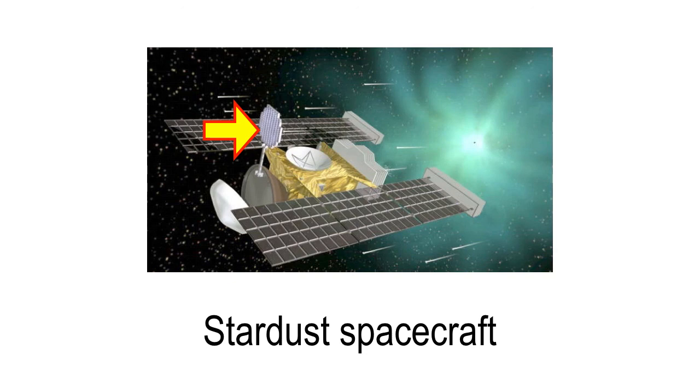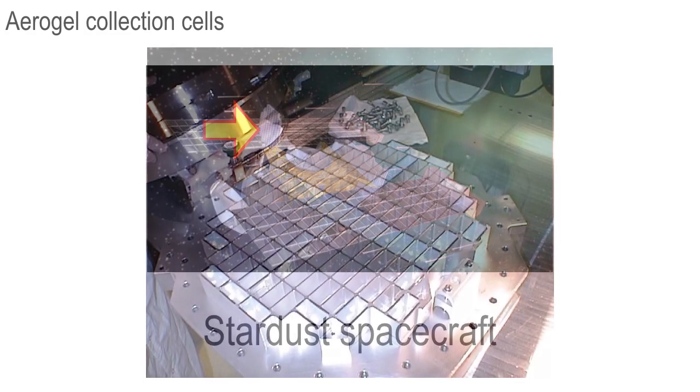The tail of Wild 2, go ahead and make a note: Stardust spacecraft flew through the tail of Wild 2. And you see this kind of tennis racket object here, where the yellow arrow is? Okay? That's the collector. See, these are the solar panels, so that's like most spacecraft. And then here's the guts of it. Here's the radar antennas and stuff for transmitting. And then this tennis racket job up here is the collector.